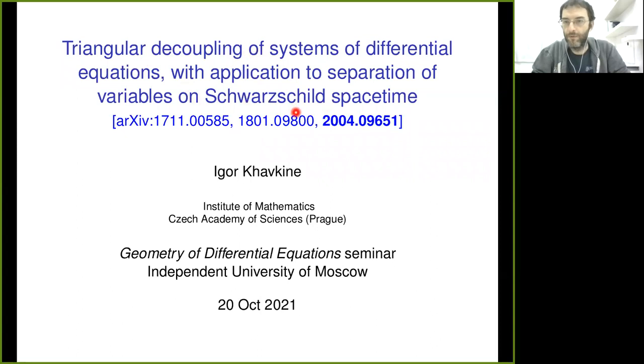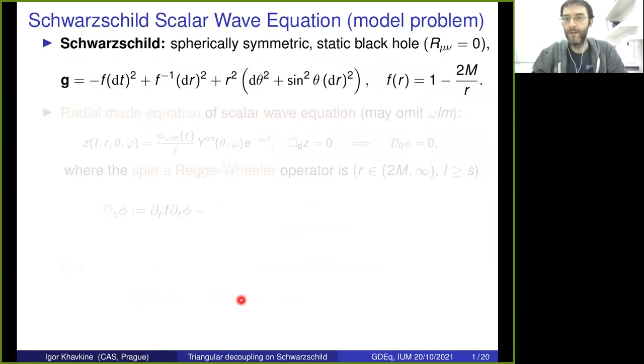I'm going to talk more about pure differential equation issues, algebra, geometry of differential equations, which might be of interest to this audience. So let me first start by showing you a model problem